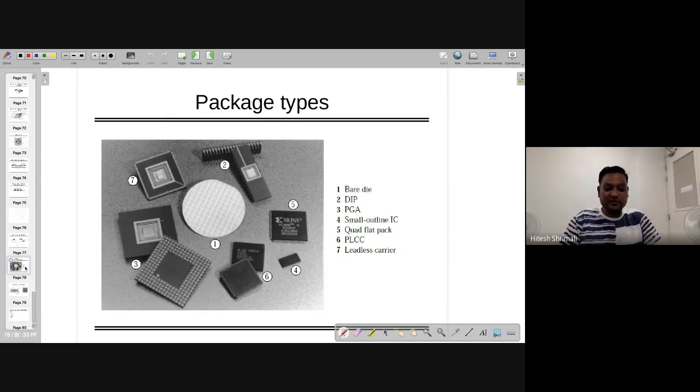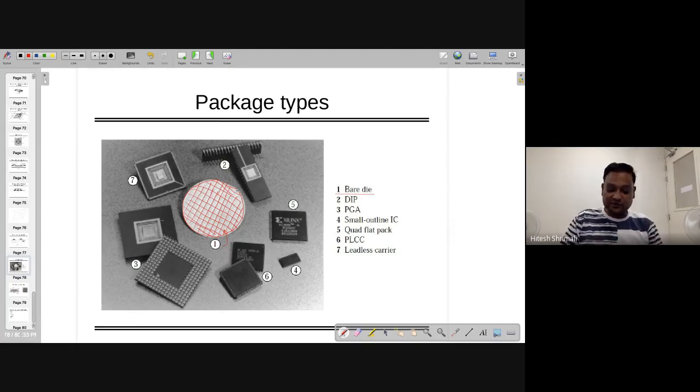Just for your information, some of the ICs I kept here. So first one is the bare die. So where is the one? Yeah, it's here. So I have drawn long back like this. So 6 or 8 inch of wafer, where there are lots of ICs. They are the bare naked devices which need to be packaged afterwards. Note that each one of the squares is actually one IC, you can say, and it can be cut and it has to be given to the packaging team so that they can package.